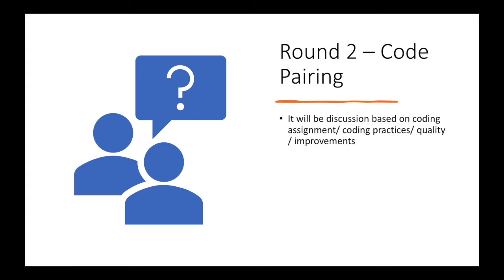The interviewer will make you comfortable and then ask questions like why you used this tag, what approach you followed, how you structured the problem into smaller chunks, and how you approached the problem. For the assignment you have 2 hours, and the code pairing round would be a discussion of around 1 to 1.5 hours. What coding practices you followed, what quality and improvements,